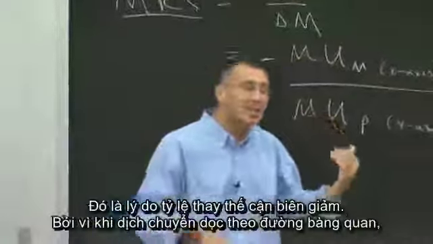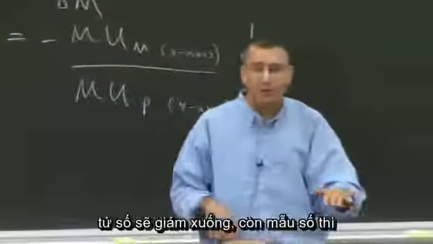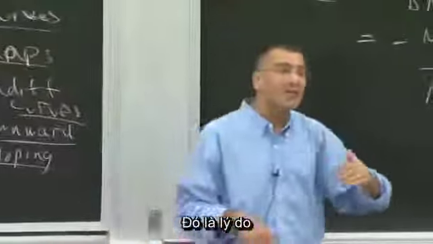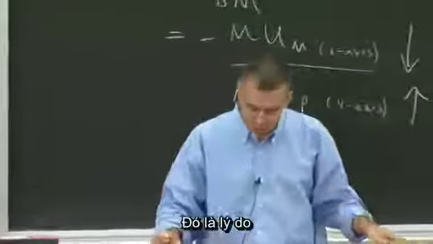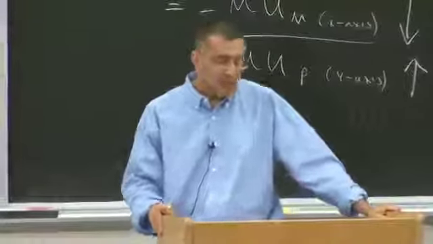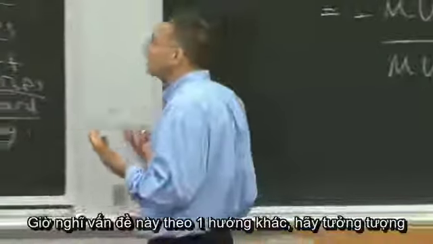Okay? That's why it diminishes, because as you move down that curve, the numerator is falling, the denominator is increasing. And that's why I have everywhere diminishing marginal rates of substitution. Okay? So another way to think about this